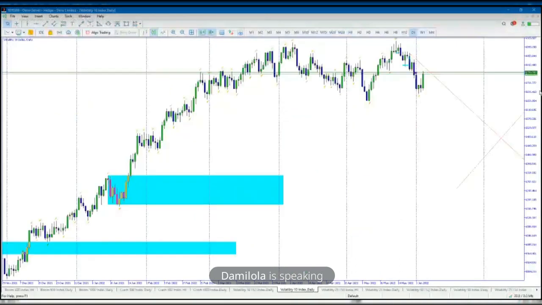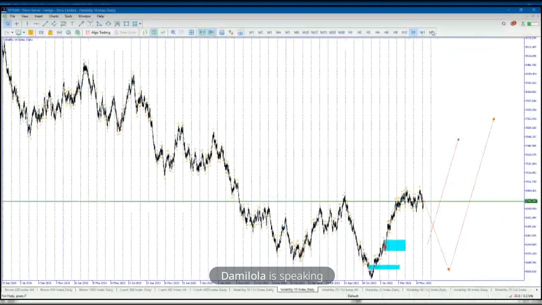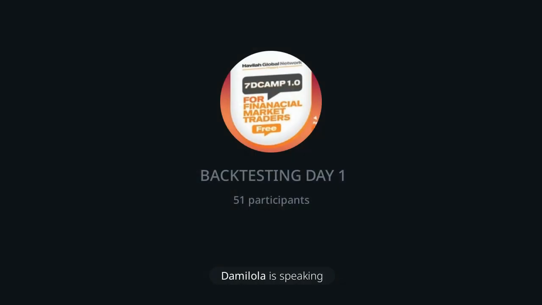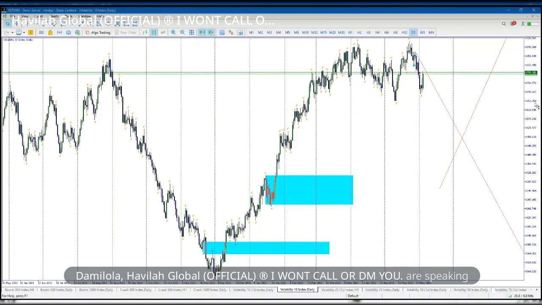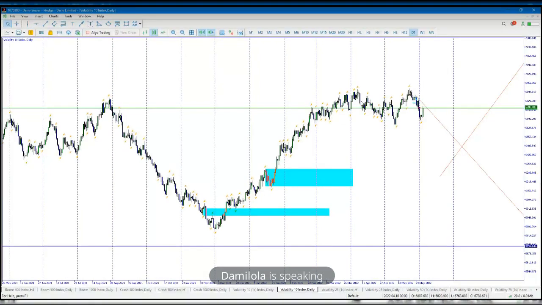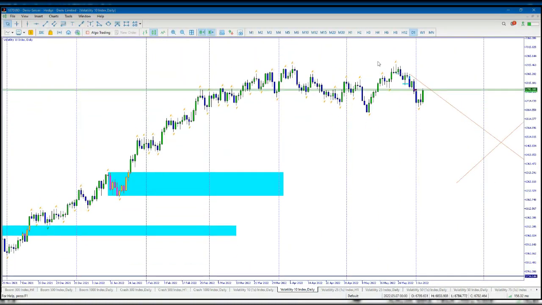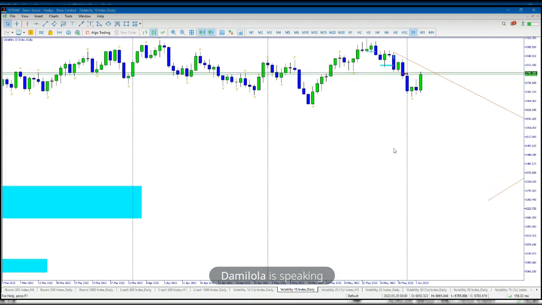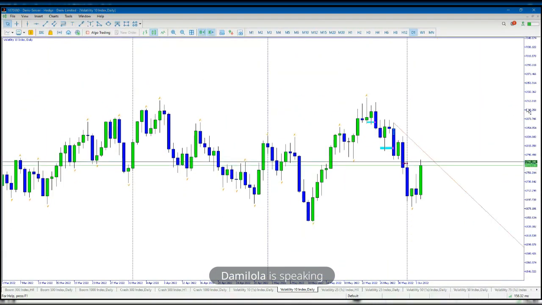So when price broke structure back to the downside, you would see that price actually came to mitigate that daily institutional candle. If Havilah can show us the daily time frame. This is the daily. Yes, just help us zoom in a bit to current price action. Yeah, exactly. So we can see that price actually came into that last institutional candle on the daily and started buying up. It was so clear.